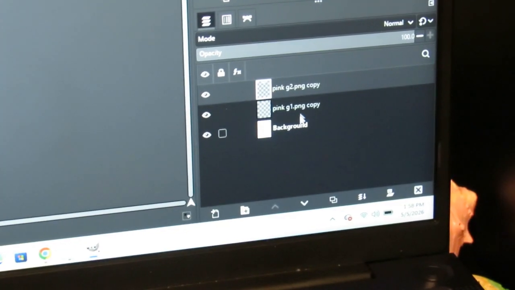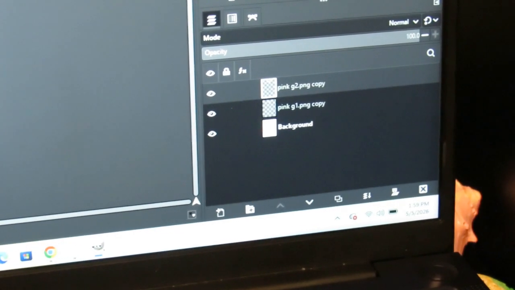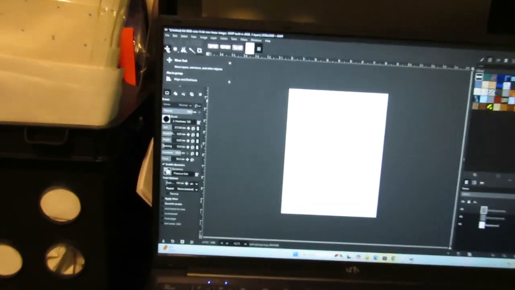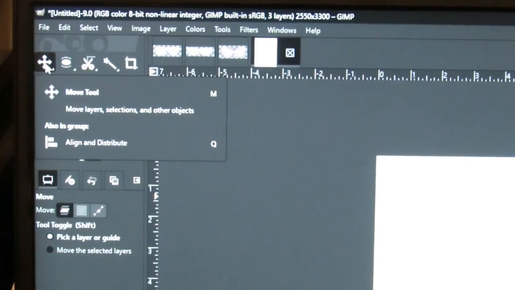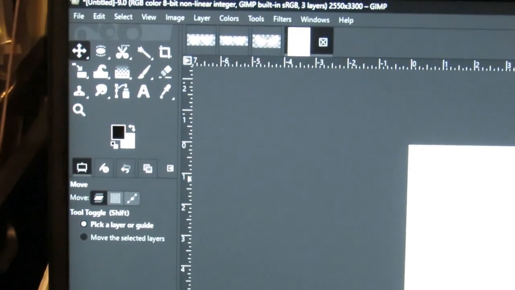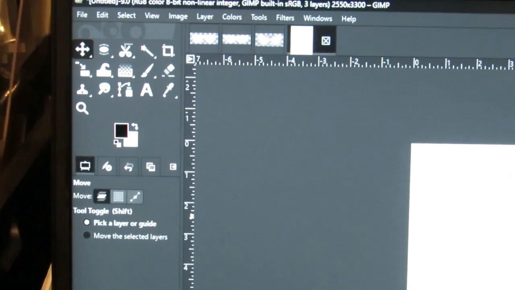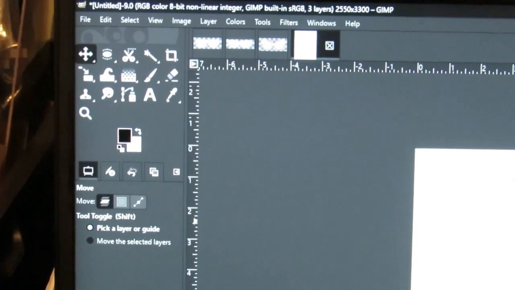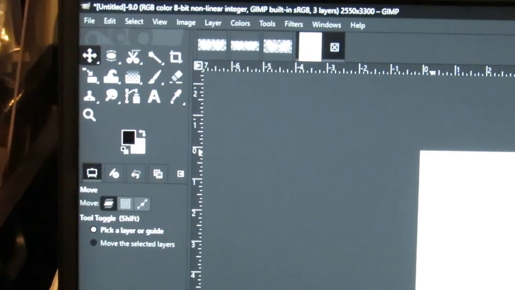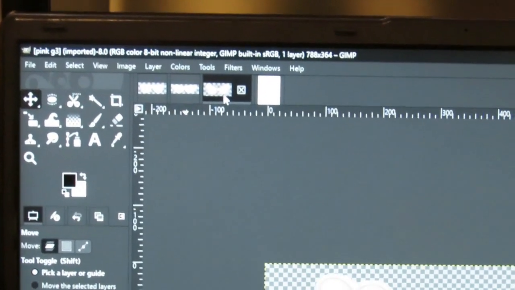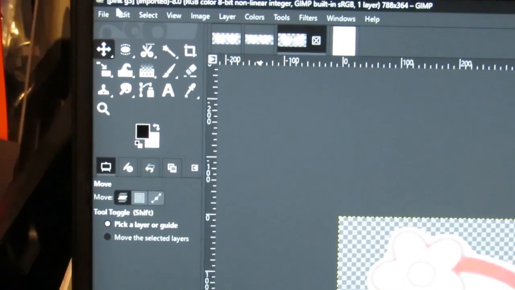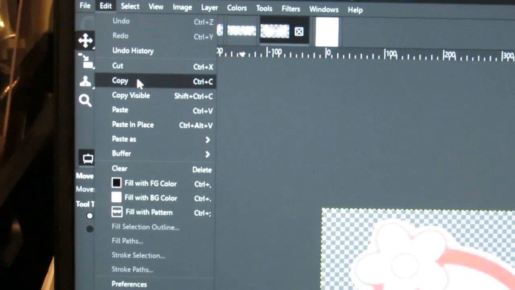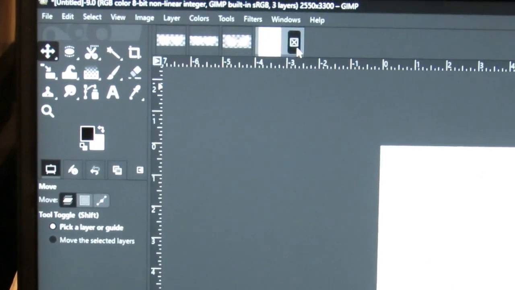You got your second pair, and as you see over here, it added a second layer. That's for your first pair, that's your second pair, and it's highlighted. So you can go to your Move tool again. Just click anywhere inside the glasses so you can slide them down. Boom. That's pair number 2. And your last pair, click on there to highlight it. It doesn't have anything extra in it, so Edit, copy, go back to your main page,